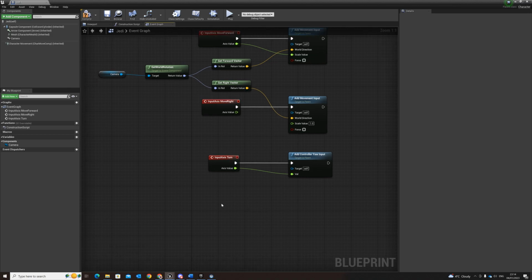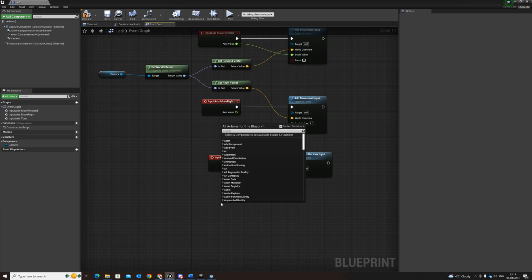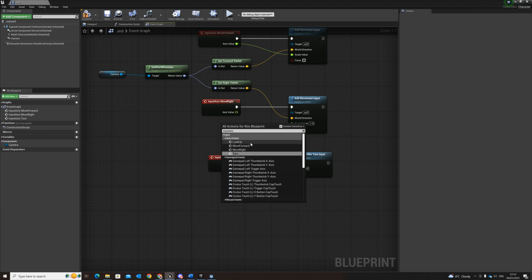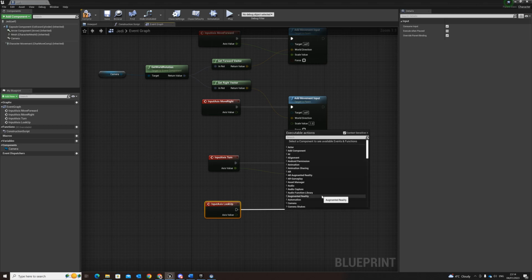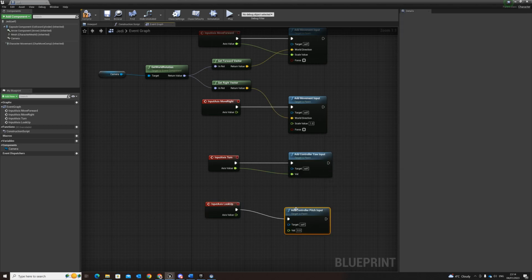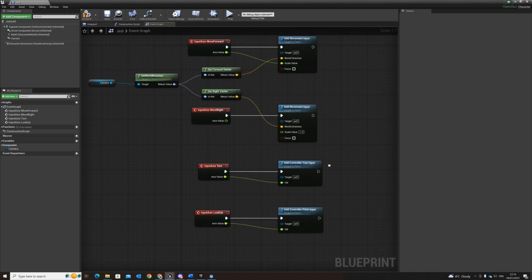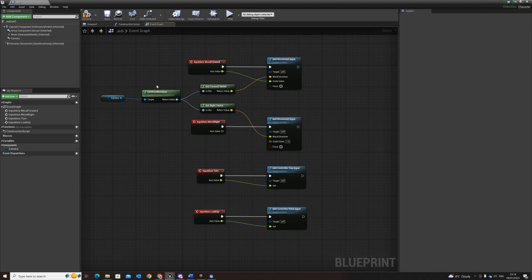That one's done. Right click, input, axes, and the last one, which is look up. Pull a strand, and if you remember, I said up and down is pitch, so I'm just going to type in pitch, and we're going to add controller pitch input there. Plug in the axis value. There you go. The last thing I will get us to do, if you click on camera,